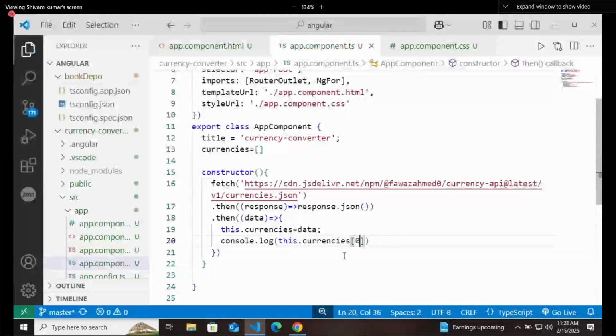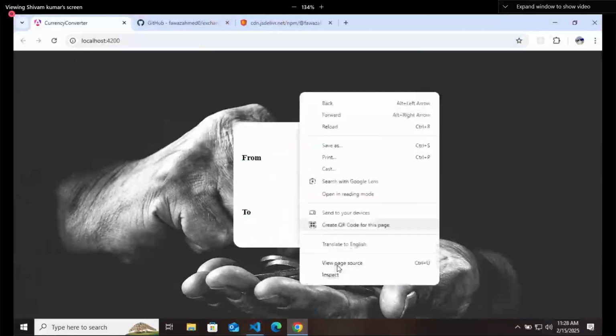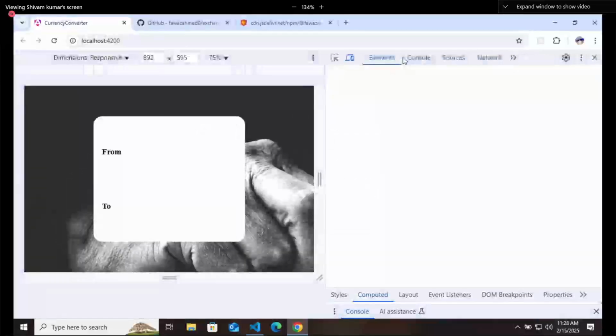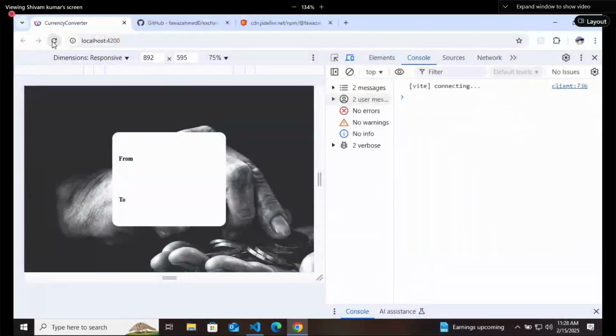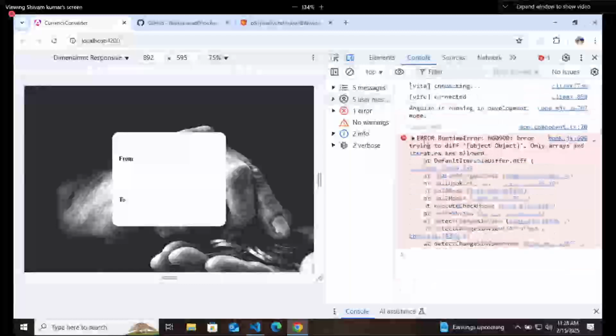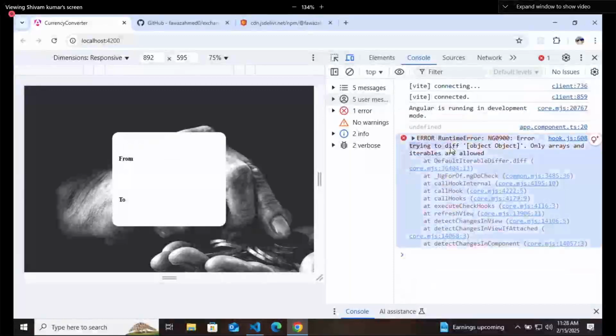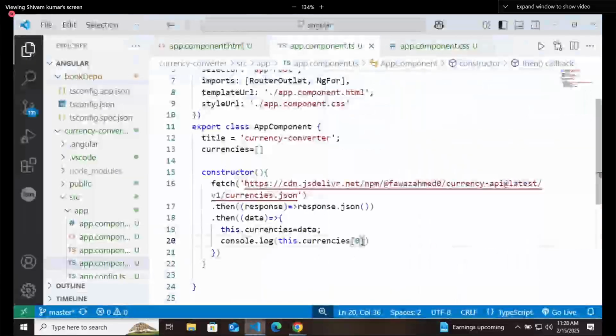So here go to the console, remove it, and refresh, and you will see there is one error. The error is saying that only arrays are allowed, and this is not printing this thing.